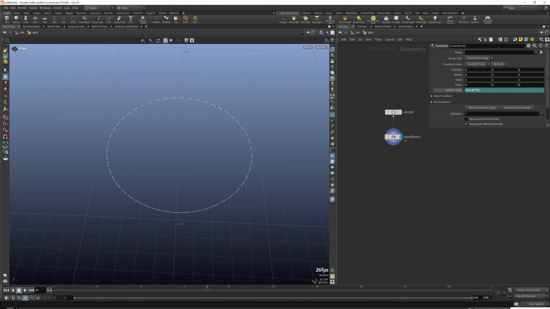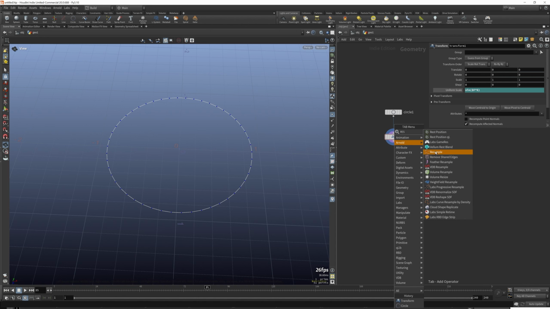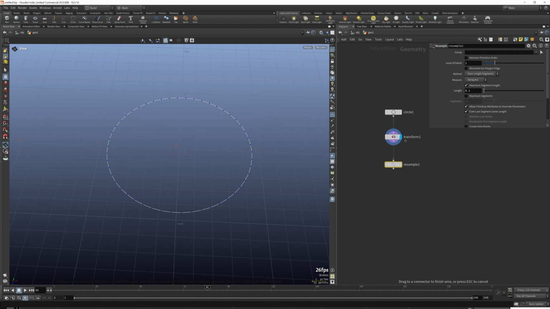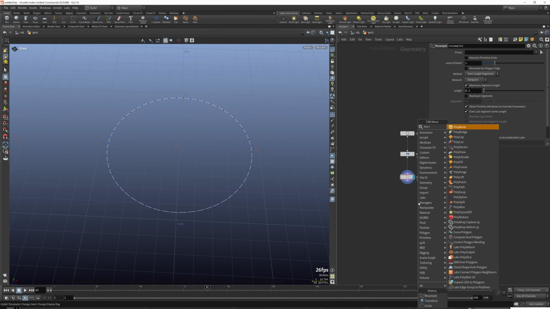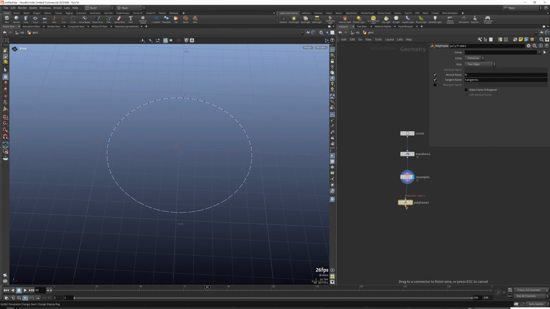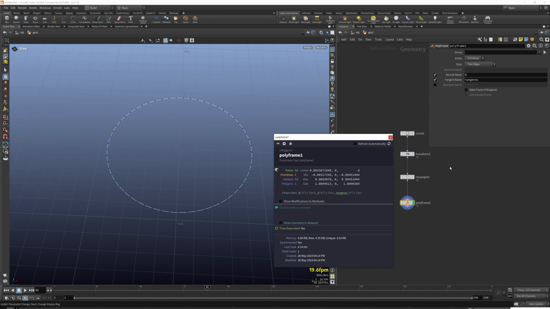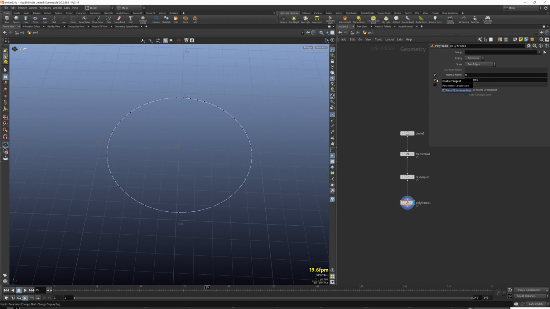If we take a look at our points, let's just put down a resample. And then let's put down a polyframe so we can compute the tangent of the circle. So what this is going to do, if we come over here to tangent, let's actually just store the tangent in the velocity. And if we take a look now at the velocities,